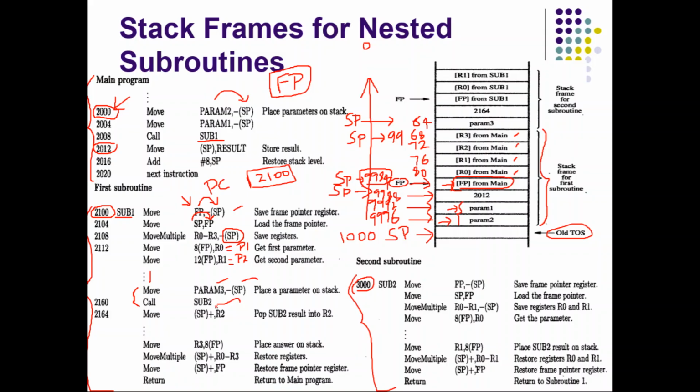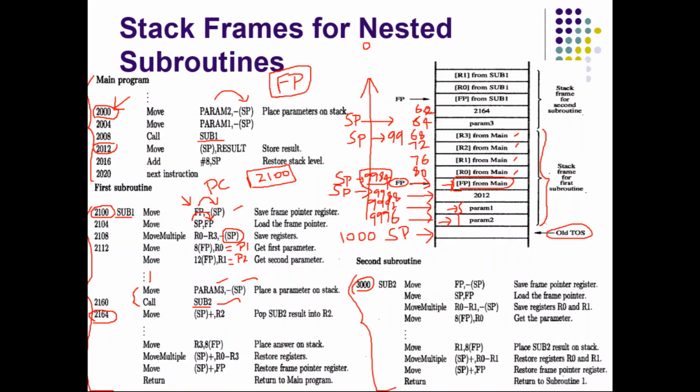Then call the subroutine. What is the subroutine's address? 3000. So PC should become 3000, but before that the return address should be pushed. What is the return address? After calling subroutine 2, the return address is 2164. So the return address is pushed into the stack. Before pushing, SP will be decremented, so after pushing, SP will become 9964 minus 4,